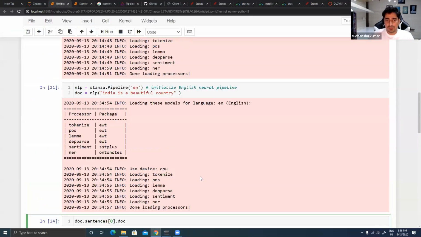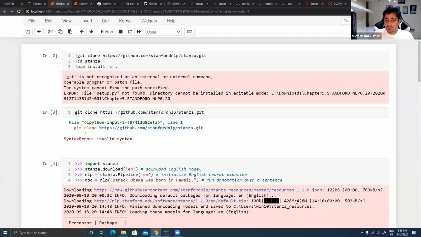Each and everything, whatever this library provides, you will be able to get it. But if you see over here, I have downloaded this model, and the size of the model is a little bit huge. It's a 500 MB model which I have downloaded. And again, this Stanza is available in multiple languages. So you can download Russian, maybe Chinese, maybe German, maybe Hindi. You can download that particular model, right? So every time you have to download those models, and only then it is going to work for you. As simple as that.